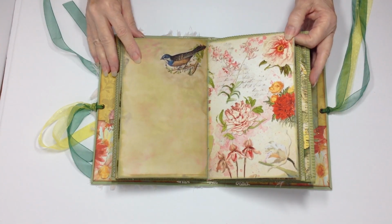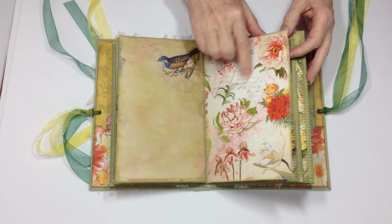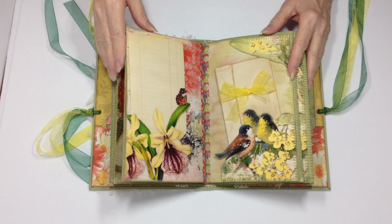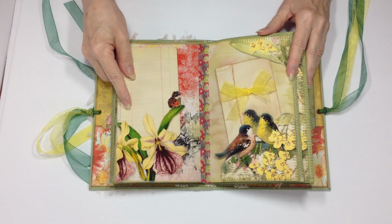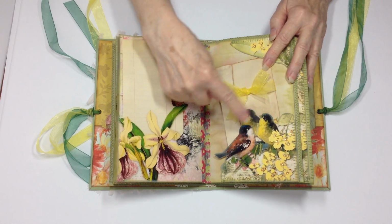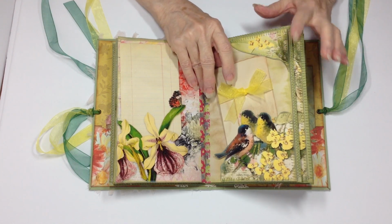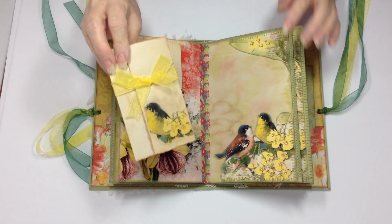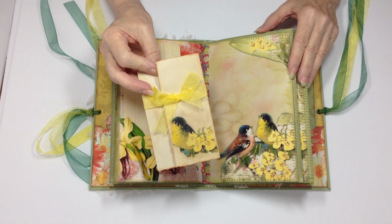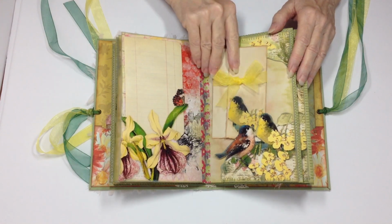And there's another bird that is decoupage from a napkin on the page and all the inking. Here's another paper that is in the kit, as is this. And I printed, of course, on both sides there, so you'd have benefit. This is from the kit. I fussy cut that, took a corner of the top, added some flat back gems. I decoupaged this little bird onto the paper and added the bow, and there's more paper to write,